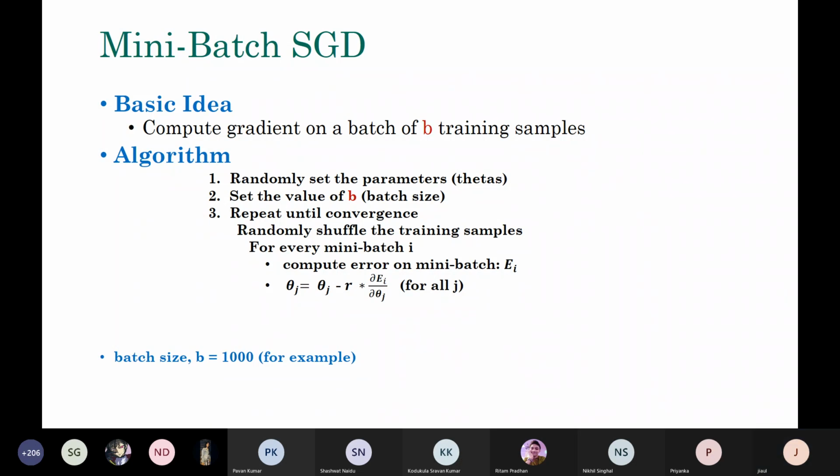Sir, in stochastic gradient descent and mini batch stochastic gradient descent, for a particular theta j, for each iteration, are we using the same Ei or are we changing the Ei for every iteration? No, you are changing the Ei because your Ei depends on the sample that you are choosing. So for each iteration, we are changing the Ei. Exactly. Changing in the sense that you do not change the nature of the function. For example, if you decide to use squared error, that's squared error. But the actual value will change because you are using a particular sample to do that.